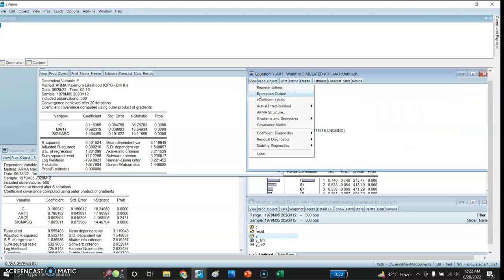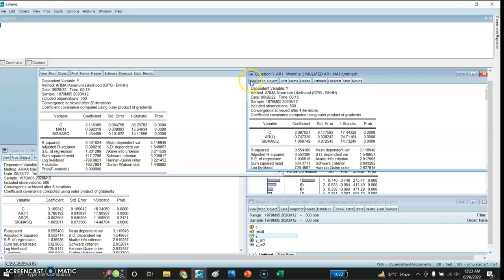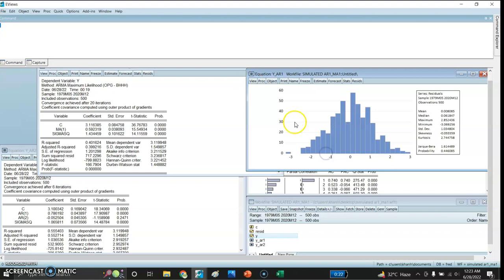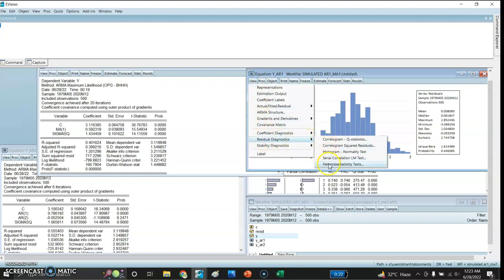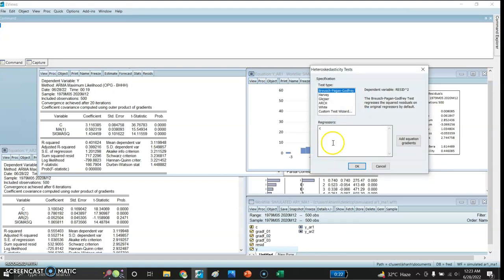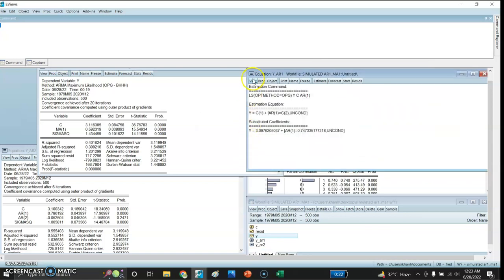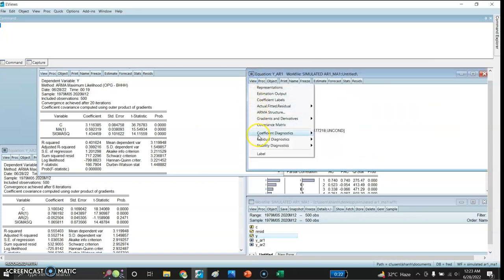So I'll also check its heteroskedasticity, and I'll be using the Breusch-Pagan test. So there are insufficient observations. Anyway, if the diagnostic tests are working well, then the best model would be AR1, and we may use that